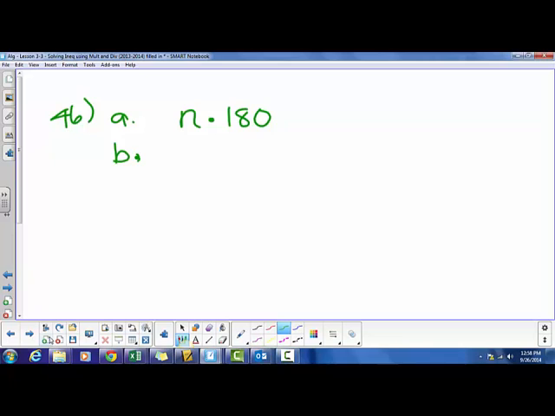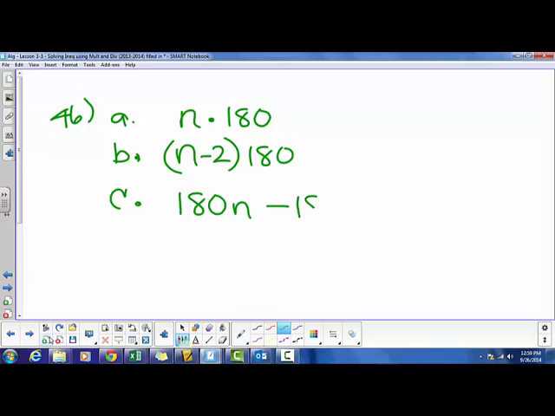Question B says, what is the sum of the measures of the interior angles? Well, the interior angles sum is (n minus 2) times 180. Well, we know that. Question C says, using your answers above, what is the sum of the measures of the exterior angles? So I have n times 180, which is 180n, minus